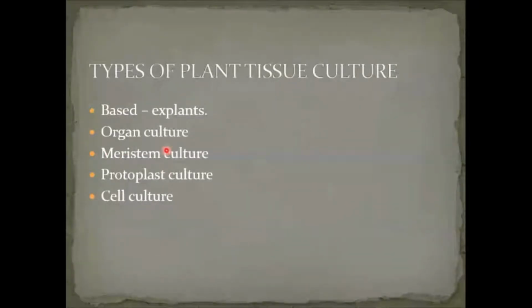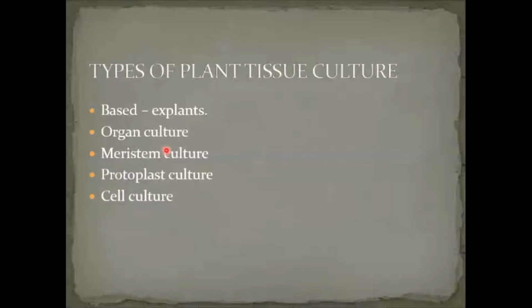What is meristem? Meristem, we all know that. So imagine you have a plant. The tip of a plant, especially the tip of a shoot, if you remove all the leaves in the tip and observe the center, there we can see newly formed, very compressed cells. Those compressed cells are always free from virus or any kind of pathogens. So that can be used to produce disease resistant plants. So for that we will use meristem cells.